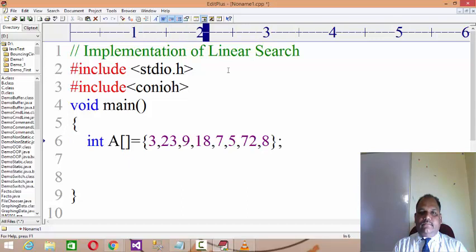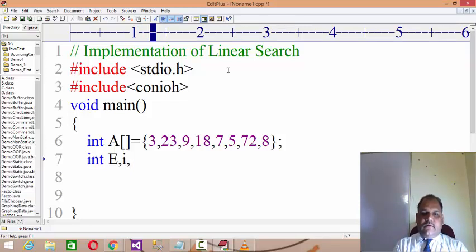So what you can do: here E for the element to search, I for the array counter, and maybe a variable for the position where you found that element.